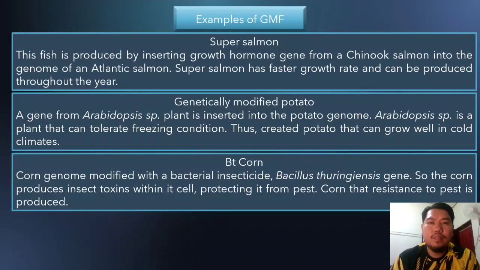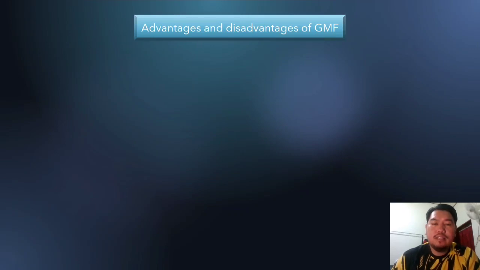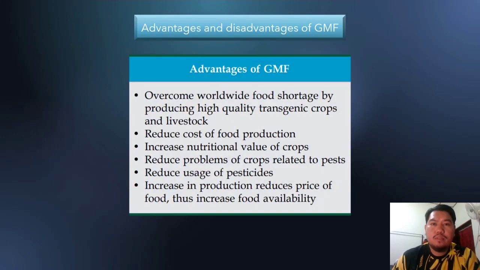So guys, I hope you can explain the examples of GMF: super salmon, genetically modified potato, and Bt corn. Okay, students. Next, we discuss the advantages and disadvantages of GMF. First, the advantages of GMF. Several advantages of GMF are